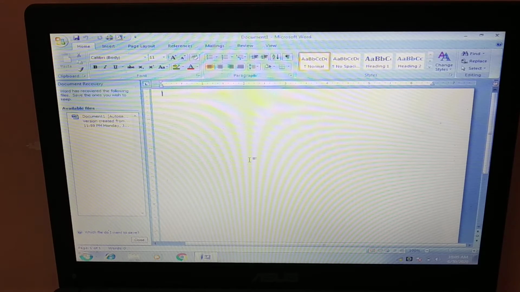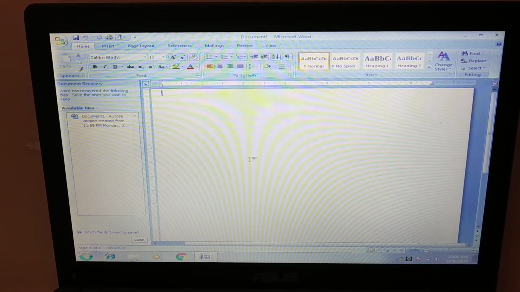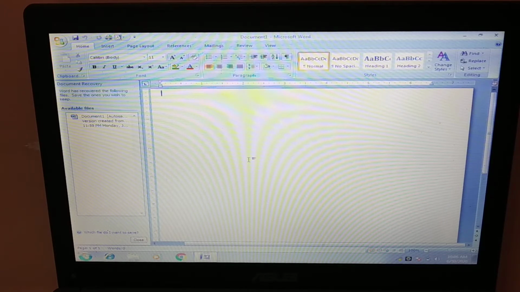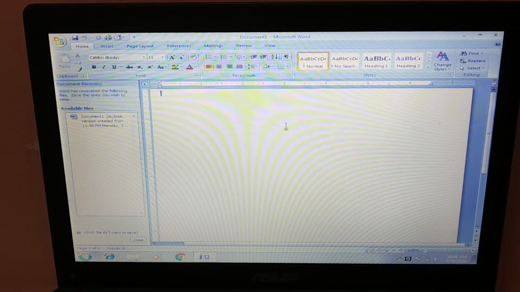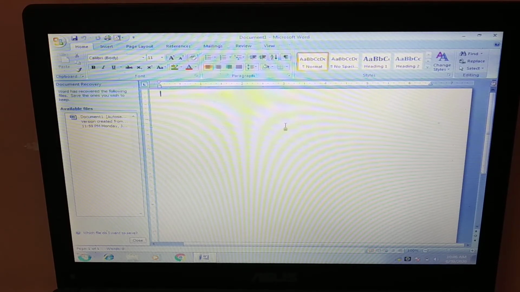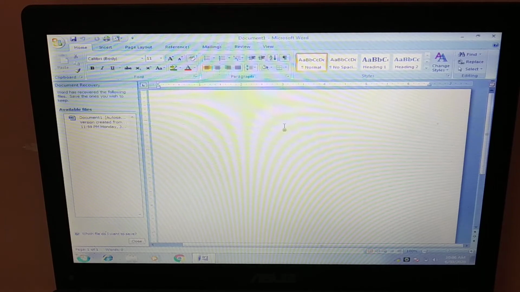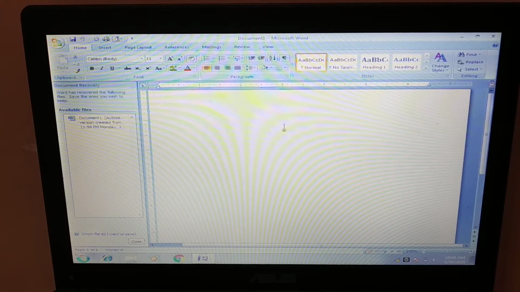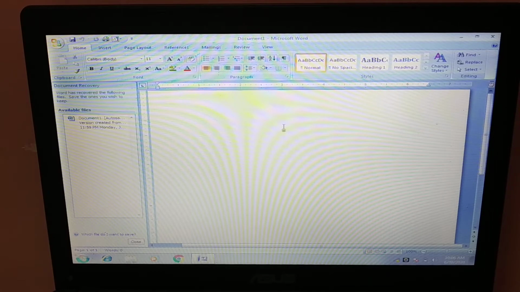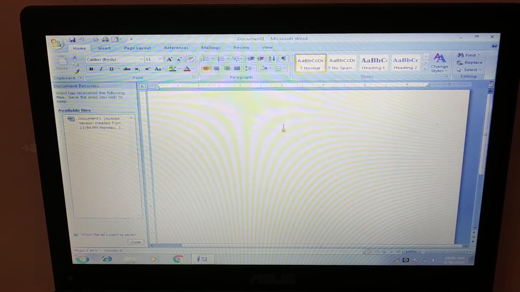The first step, select the text to be formatted. Earlier also I have explained that to apply any change or bring the desired change in your MS Word Office document, you have to first select it. Without selection, we cannot apply anything. Second step, click on the Home tab. And the third, click on the bold, italic and underline option in the font group and selected text changes accordingly. So these are the three steps.